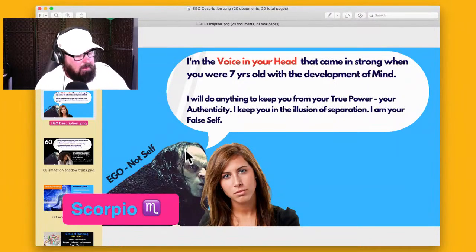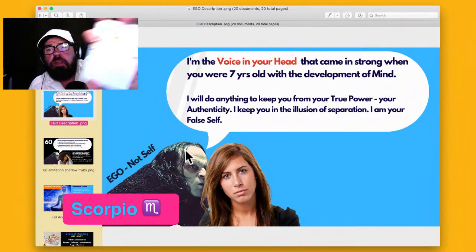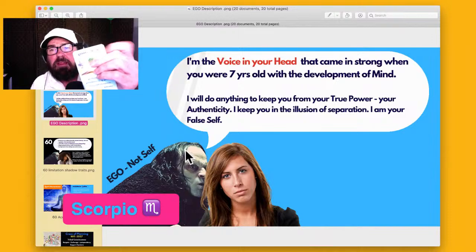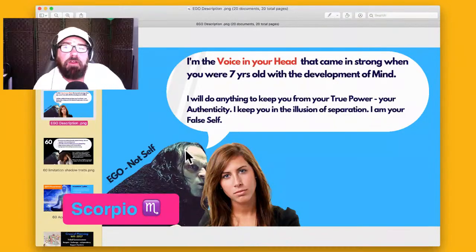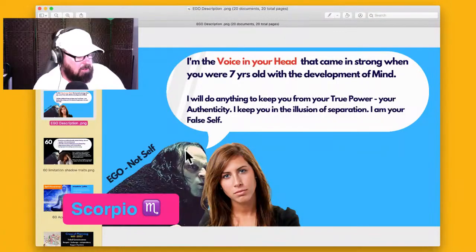So the ego card here is unlearning. So you learn things, right? You learn things and you grow and evolve. Well, you grow and evolve by unlearning things that are not correct for you anymore. That's the limitations, right? So letting go of old belief patterns that you've inherited, and it's around communication and it's around your thinking.